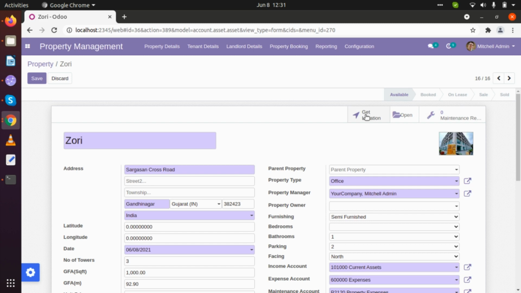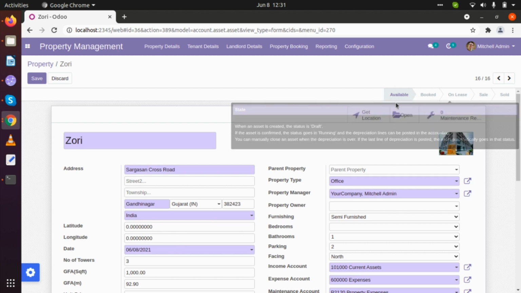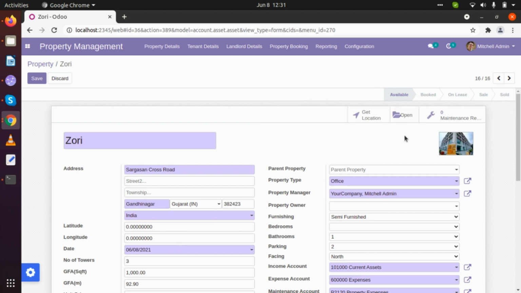When we click on get location, we will be able to look at Google Maps data with this address or with this latitude and longitude details if we have added them. When we click on open, the property will be shared and directly available on our website, so we will be able to show those properties on the website. And if any maintenance requests are made, then they will be shown here.